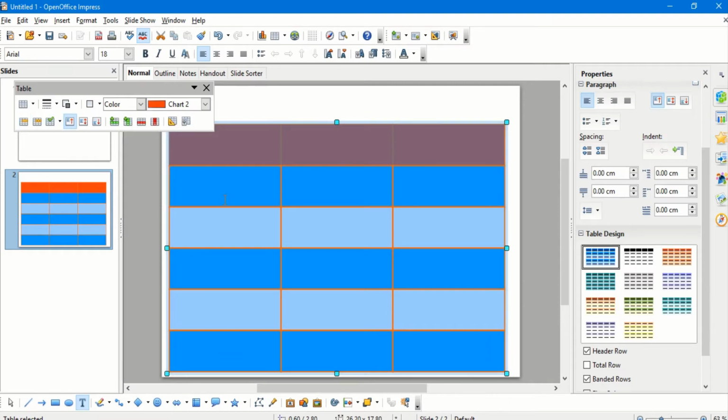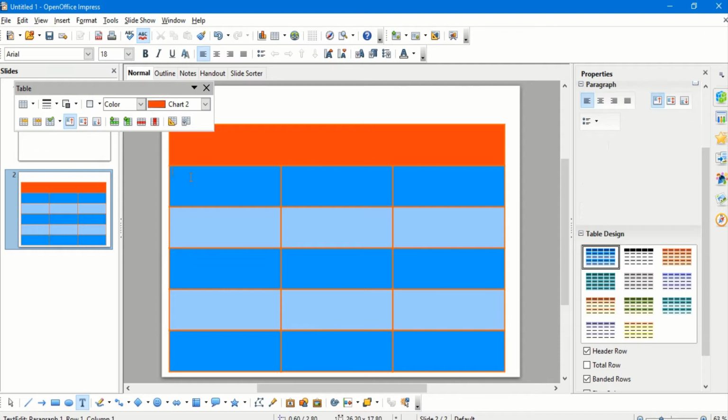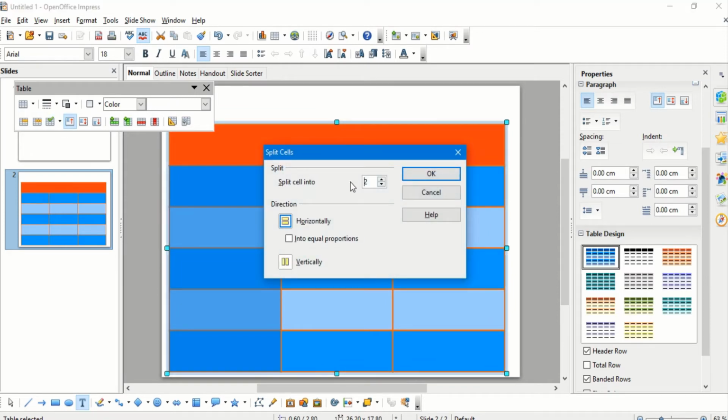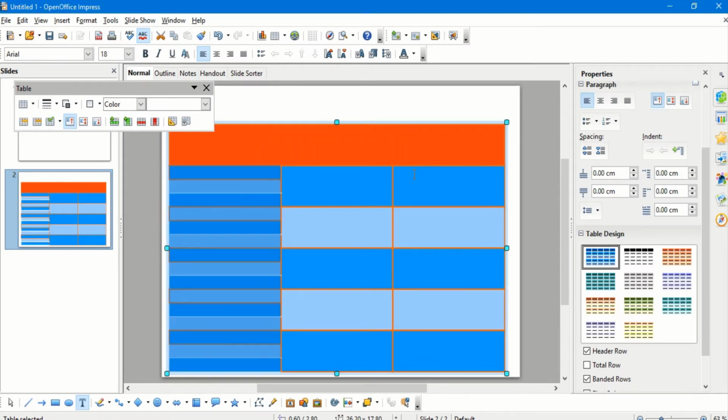Then here we have got merging of the cells. Now suppose I want to type a title for this table, I can select all the 3 cells and merge them. So merging means the lines between the cells will disappear and it will be merged into a single cell. Similarly, if I want to split the cells, that is, this particular column I want to split it into 2, then I can click on the split cells and I can split it into 3 different rows again. So this is called splitting and merging.